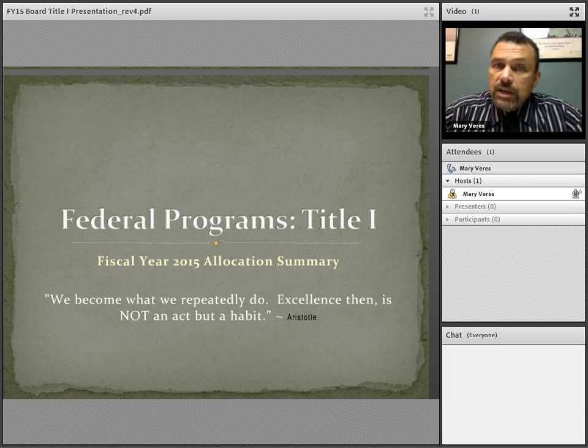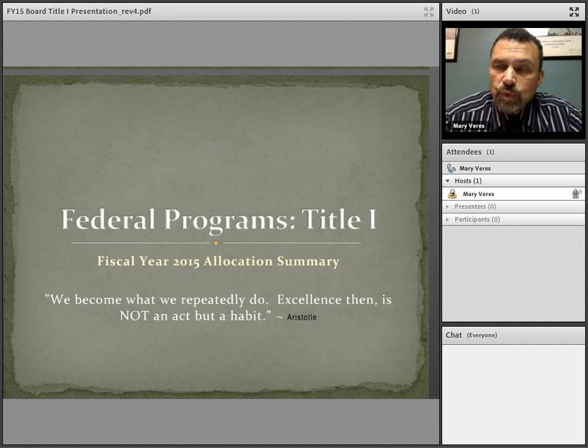In order to take a look at Title I, we're very proud of what we do in Title I. We're very proud of the fact that we do what is right, work with the teachers, we work with the principals, we work with the district and school leadership to make sure that all of